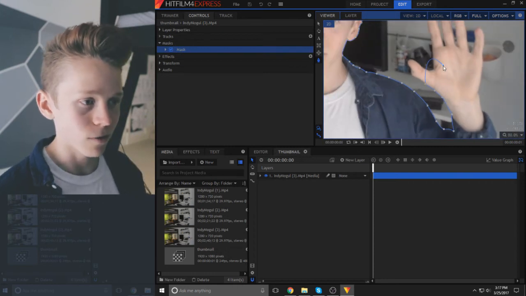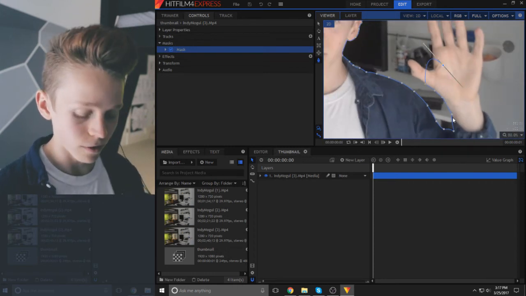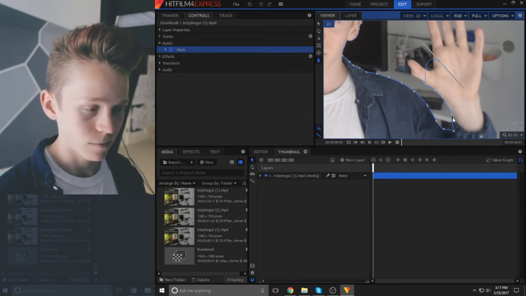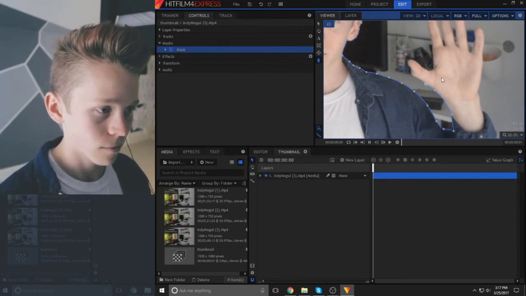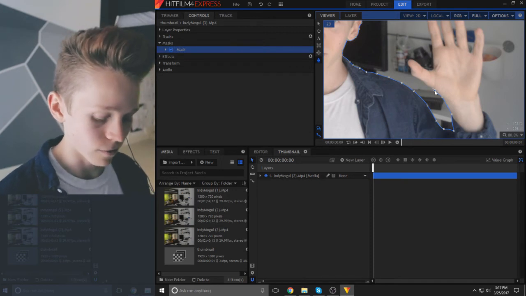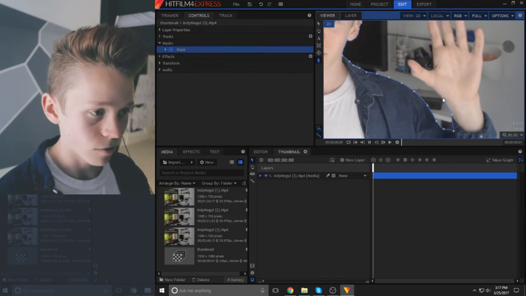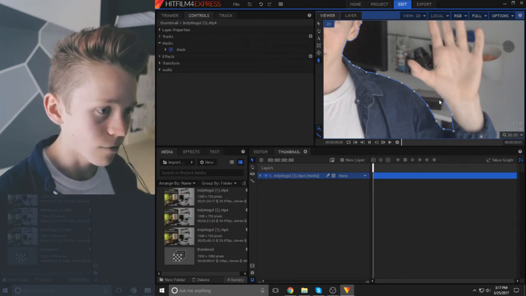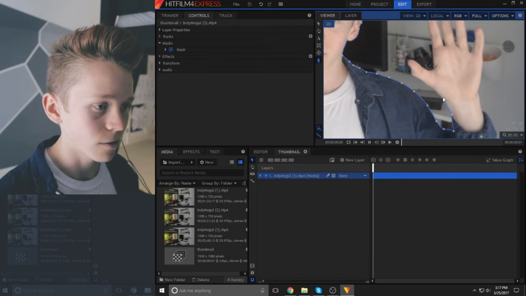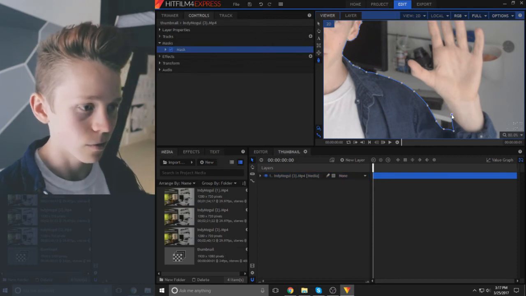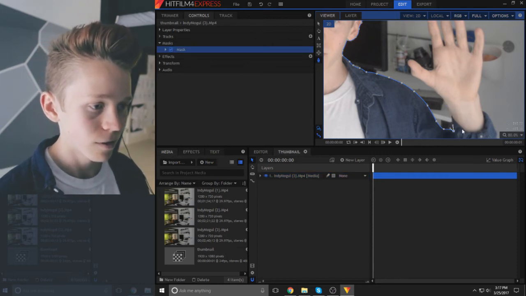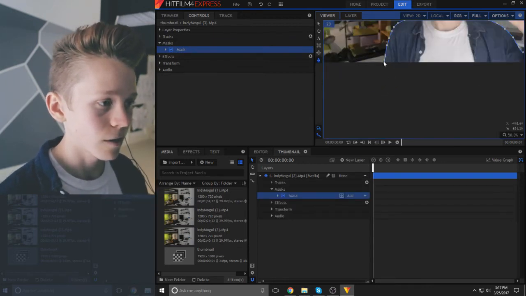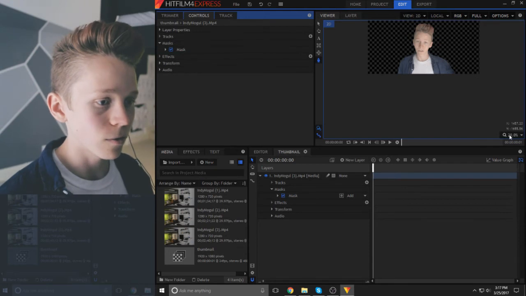So, you'll select all of the points on my arm, that is, and delete them. So I'm just going to go through and delete all of these points. And save a lot, because HitFilm doesn't like me to record videos with it. Woo! So we can close this mask off, and then just close that circle, and then we have me, but